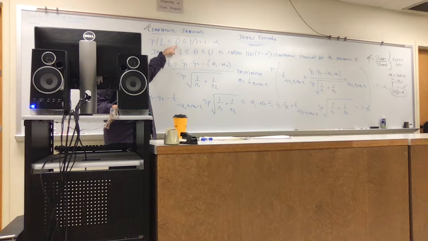So what we're going to construct here is the idea of a confidence interval, this interval right here. What's that interval communicating? It's the probability of containing the parameter, right? You're building an interval that has a probability of containing the parameter. That's called a confidence interval for the parameter.